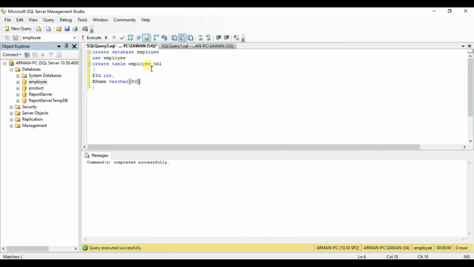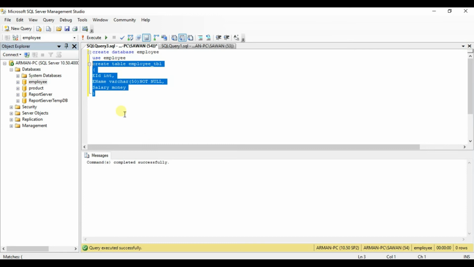Here I used a not null constraint, not null, comma, and type here salary money. Now select all and execute. Command completed successfully. Table is created.